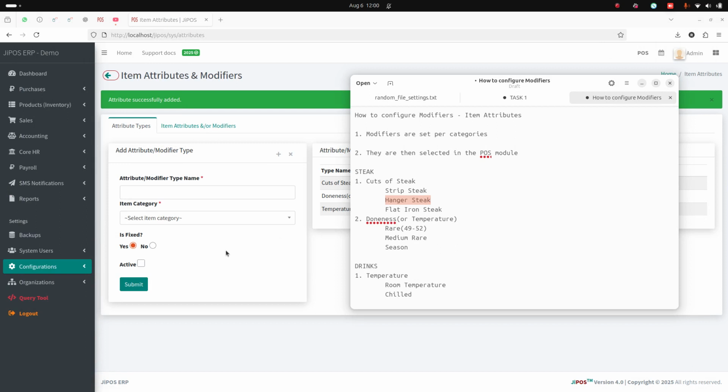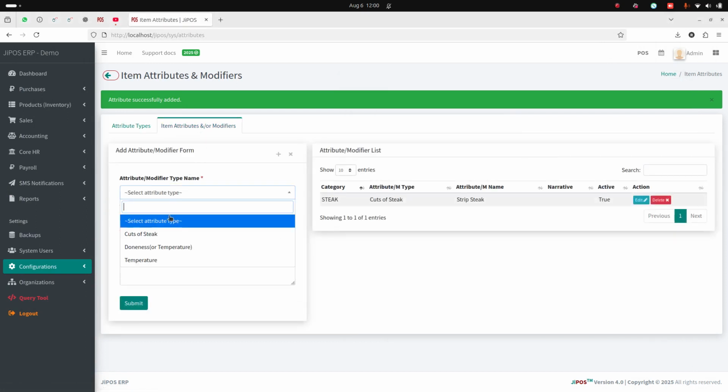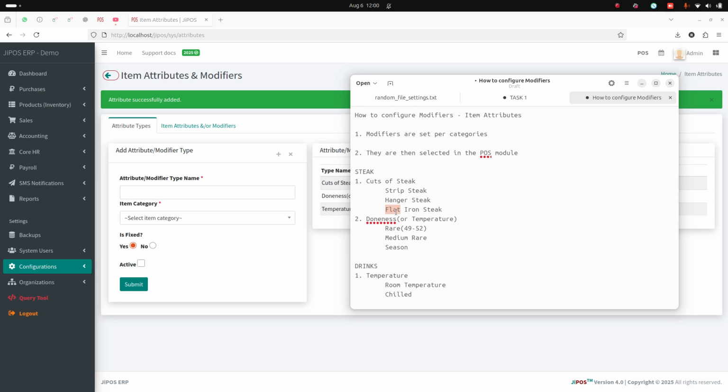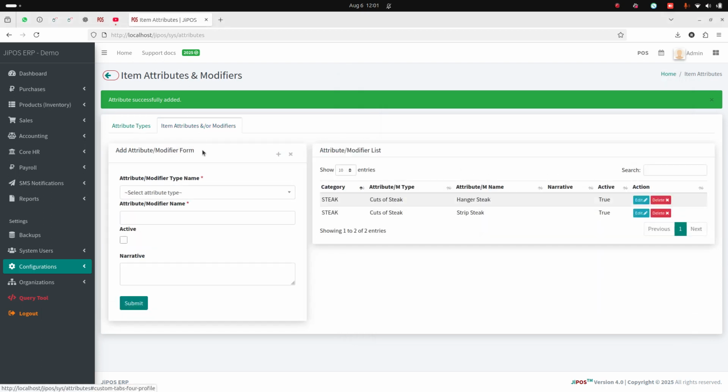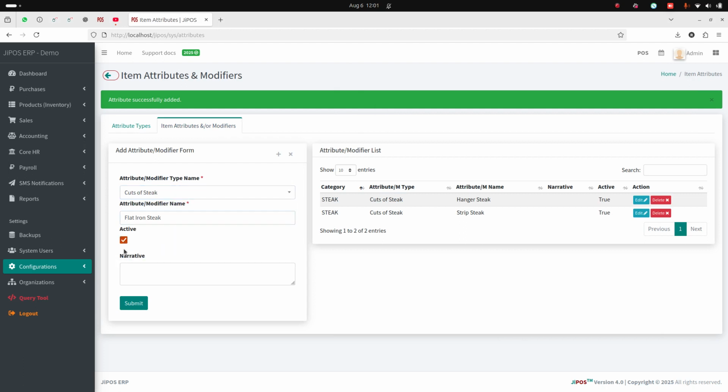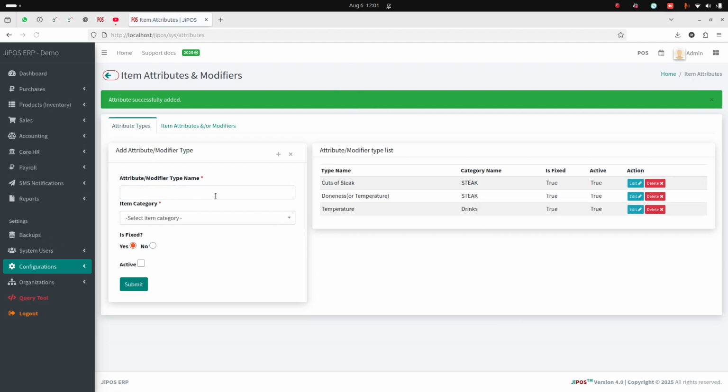That is the hanger steak, still under cut, submit. And the last one here is flat iron. I'm going to do that also under cut. Then I just submit. So I'm done with that particular